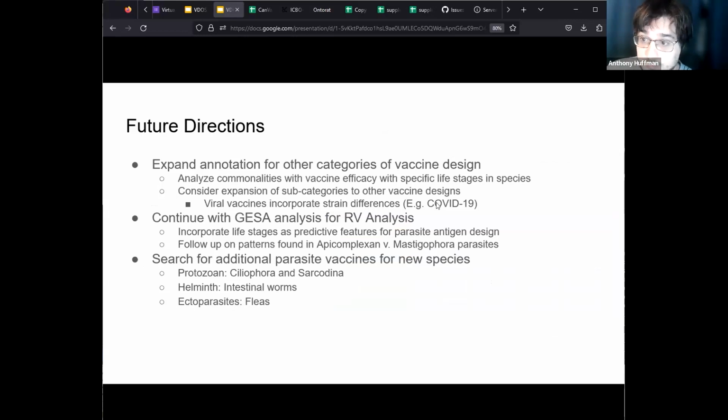But one thing that we do want to investigate is using the antigen list to take a look at the transcriptomic expression at the different life stages to make sense of what's going on. A secondary focus that we want, at least on the ontology side, is whether or not we should do a similar update for viruses.